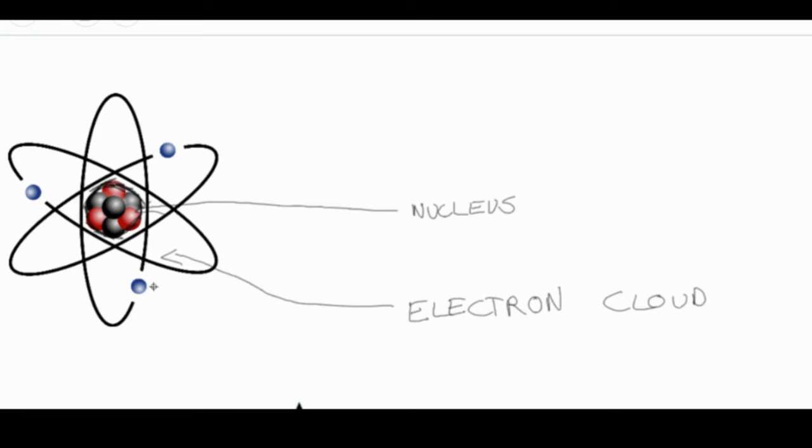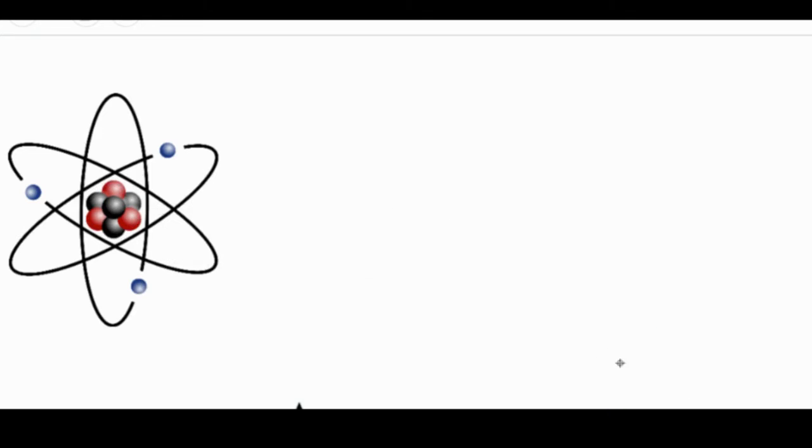Now let's actually talk a bit about these subatomic particles. So let me just erase all this. The first subatomic particle that I want to talk about is the electron, which is located, as I showed, in the electron cloud. And the electron has a negative charge, so I'm just going to write a negative sign so that I can write that down. So negative charge, and it's in the electron cloud. So let me also write that down. Cloud. And there are two more subatomic particles, and these are located inside the nucleus.